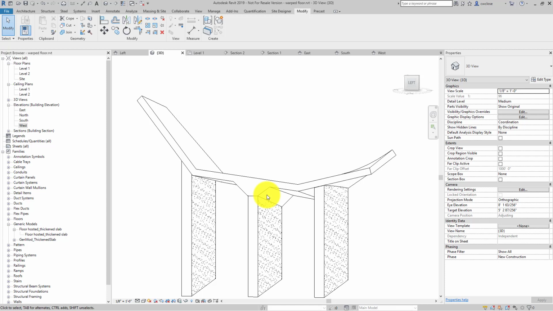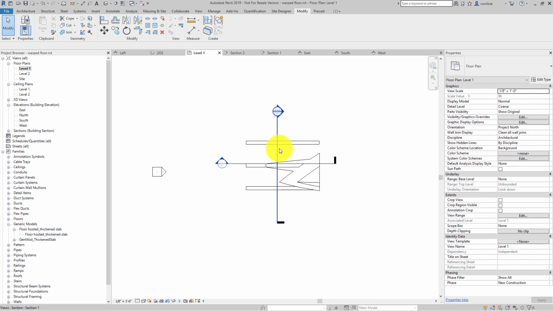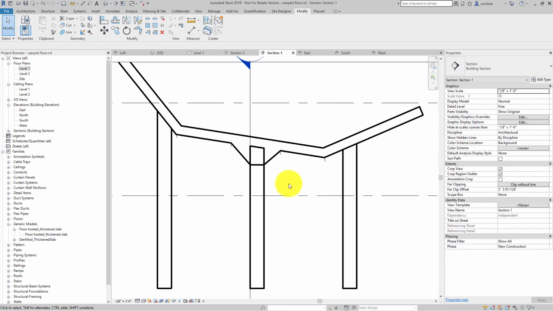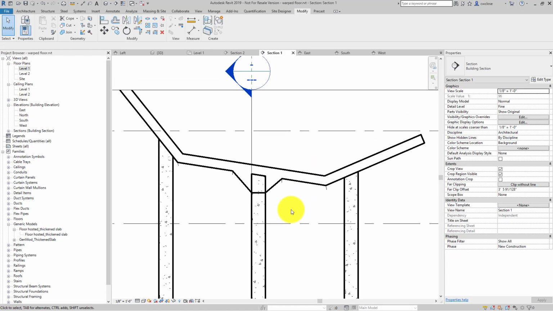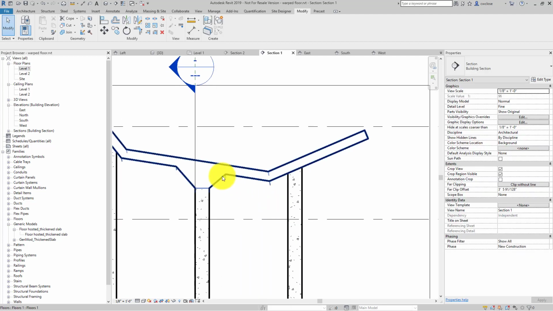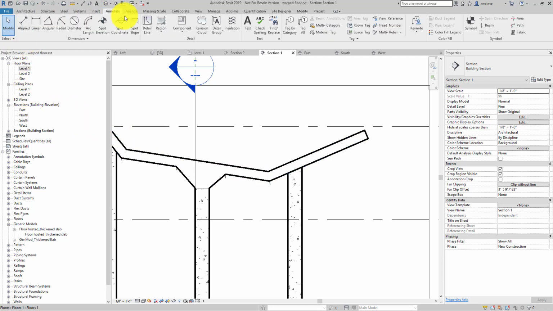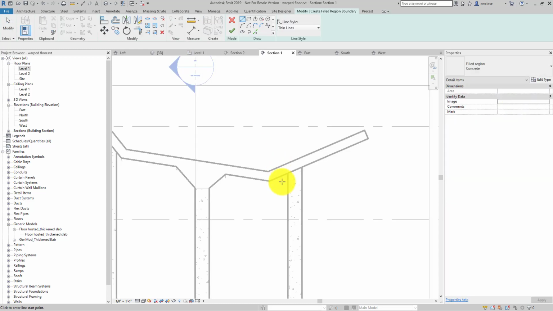So again, this is one way to handle it. If you don't really need to model this, though, and again, that's the question you need to fundamentally ask, then go with a filled region in a section view. In other words, we're just interested in basically documenting this for construction documents. You can see some issues here with some joining. We can probably take care of that with some joint geometry and things like that. But that said, what I'll do here is let's just go to annotate, filled region,